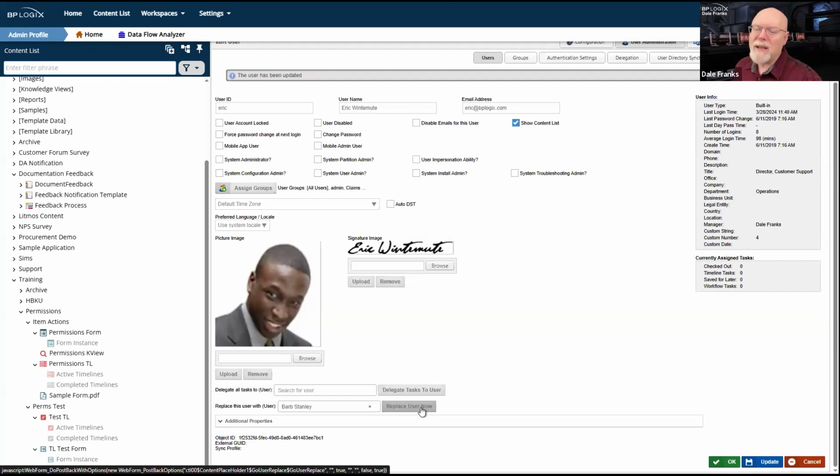So replacing a user with another user also replaces all of the permissions that have been granted to them, and they automatically get granted to the other user.